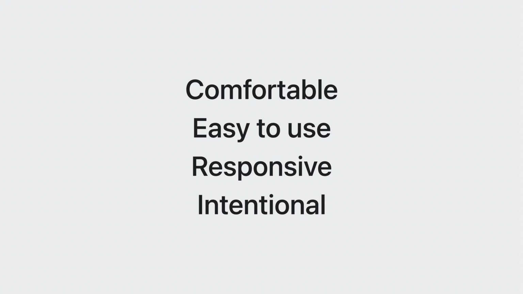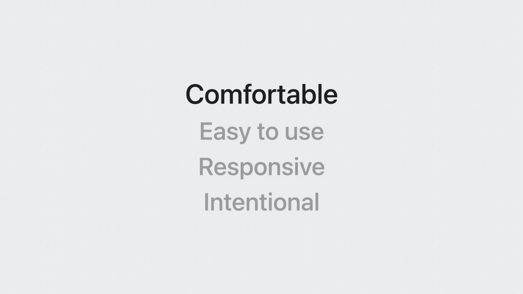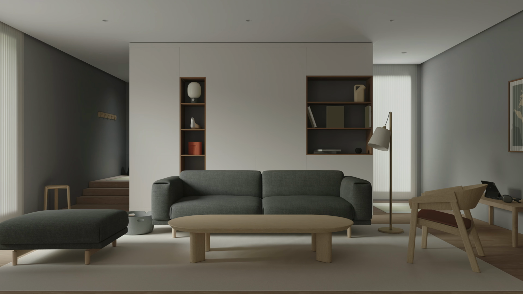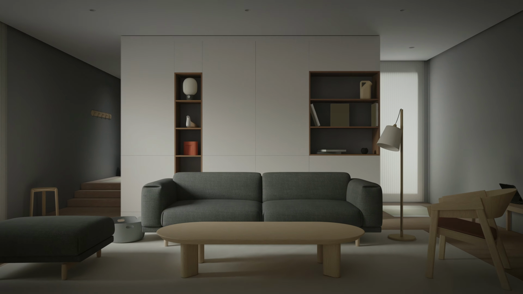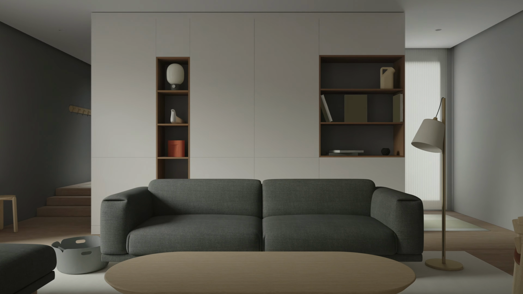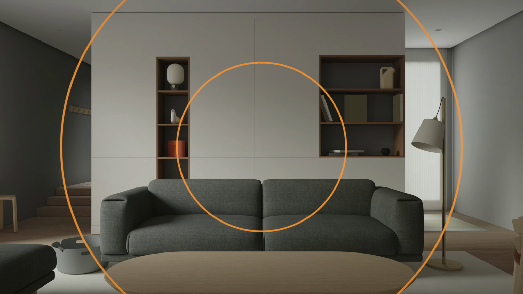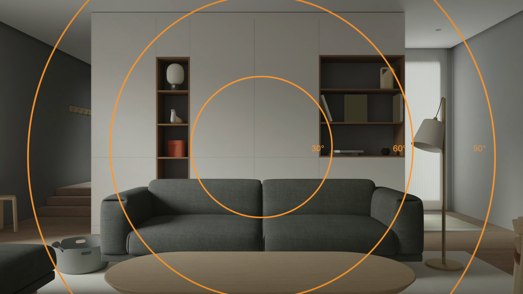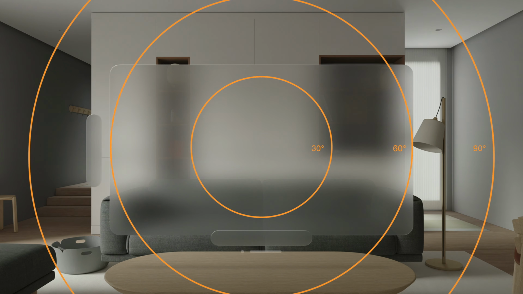In order to build apps that are comfortable for the eyes, we need to consider how your content shows up in the device. Here's the first thing to consider. Even though you have an infinite canvas for your apps, you only see the content inside the field of view. Within the field of view, it's most comfortable to look in the center, and it's less comfortable to look at the edges. So, design apps that fit inside the field of view, minimizing neck and body movement.